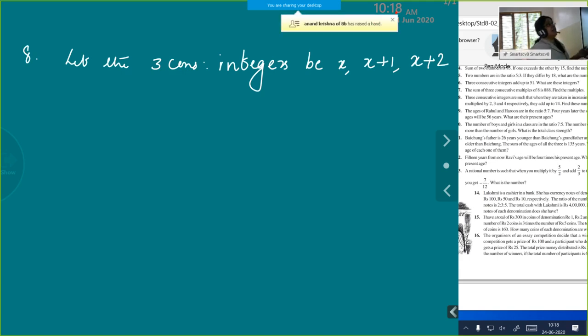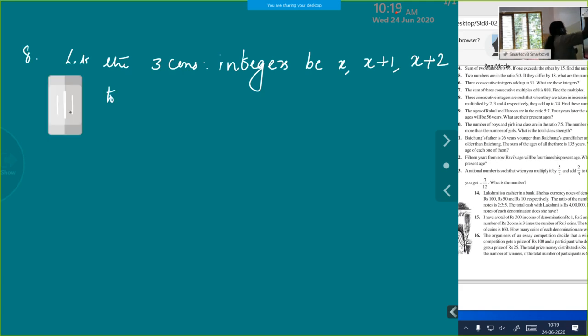If I say the number is 10, then the next number will be 11, the next 12, and you can clearly find out which is the biggest, because it's written that they are taken in increasing order and then multiplied by 2, 3 and 4. So x, x plus 1, x plus 2 are already in increasing order. According to the question, you can write: